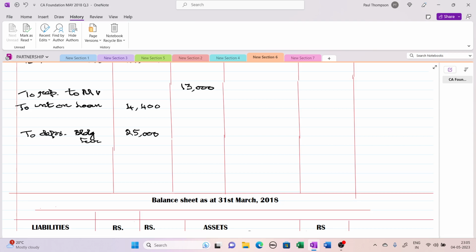Furniture we have depreciated 5,000 rupees. Next we have depreciated office equipment 15%, that comes to 30,000. Next we have depreciated motor vehicle, which is 20%, that is 20,000. So the total comes to 20 plus 30, 50 plus 25, 75 plus 5, 80,000 depreciation appears on the outer